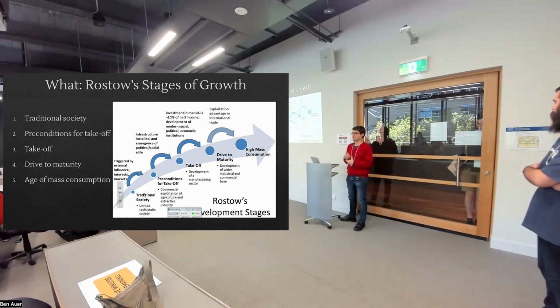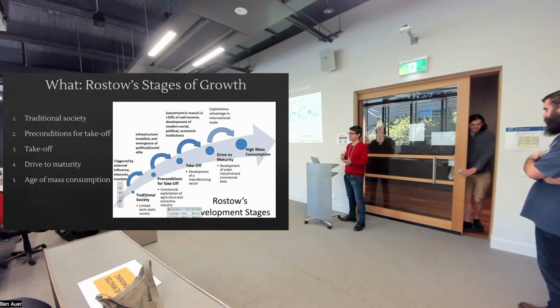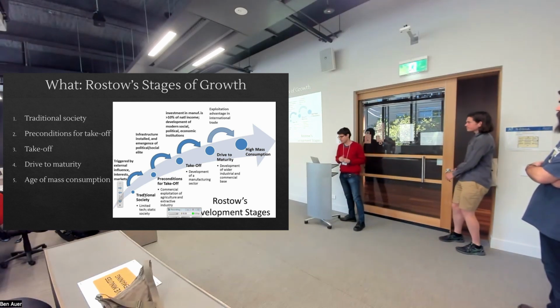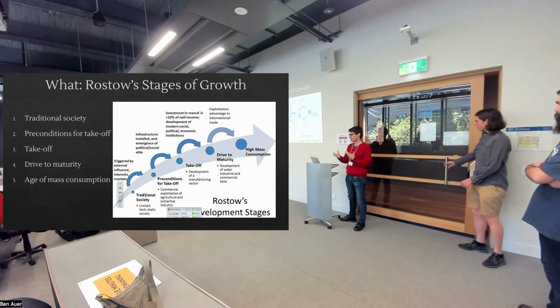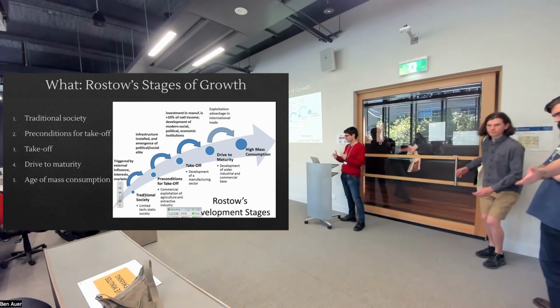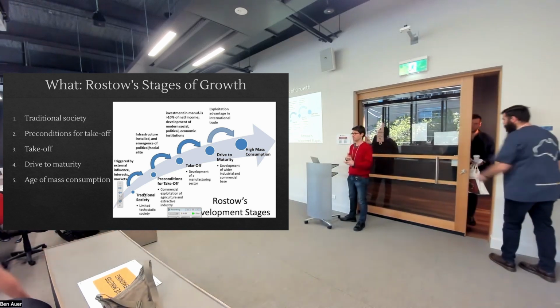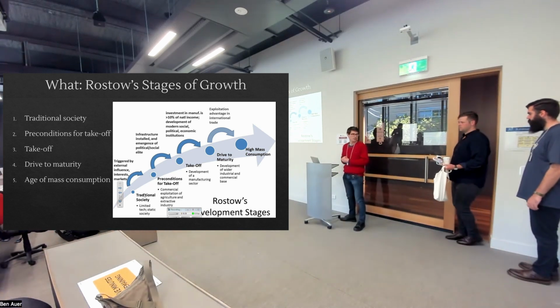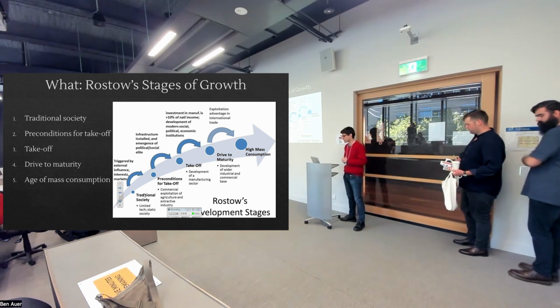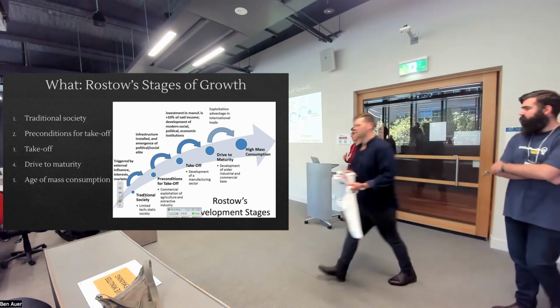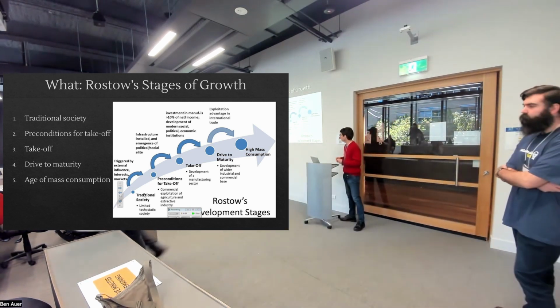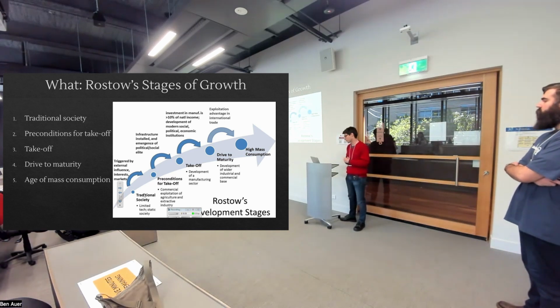So traditional societies have certain characteristics, such as transportation and communications are very difficult and expensive. The government is usually not very effective. There's limited economic integration and limited opportunities for producing goods and services at scale and using more capital and labor and things like that. So Rostow discussed how we go from a traditional society to what he calls the age of mass consumption, which is a little bit of a pretentious title for just being a developed, wealthy country.